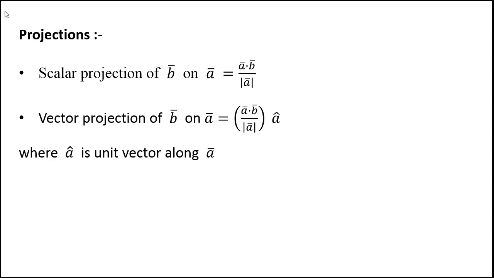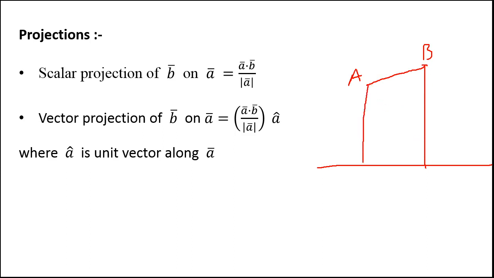आता एक कन्सेप्ट सांगणार आहे मी, त्याला प्रोजेक्शन्स असं म्हणतात. म्हणजे जर माझ्याकडे एखादी लाईन असेल, if I have a line and a point, when I draw perpendicular from that point, the foot of the perpendicular is called projection. If I have a segment, say AB is a segment, if I draw perpendicular from point B, perpendicular from